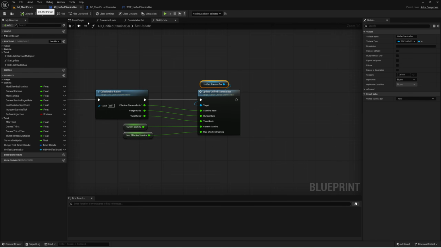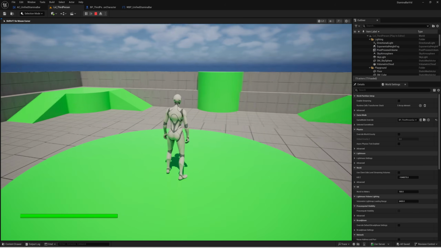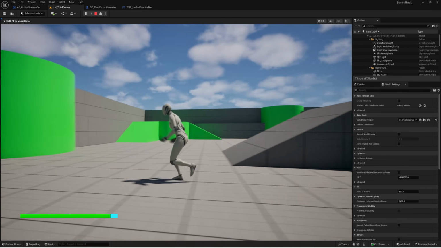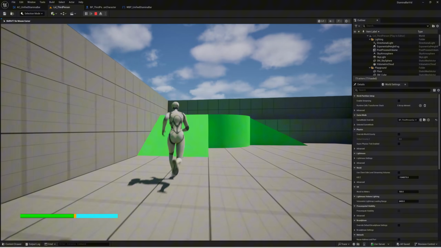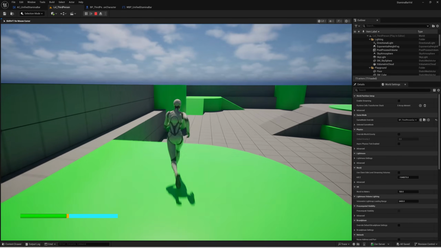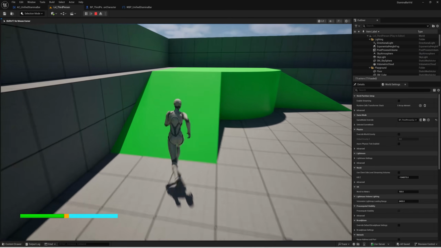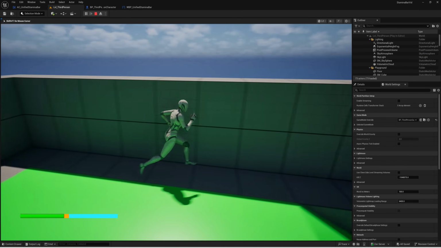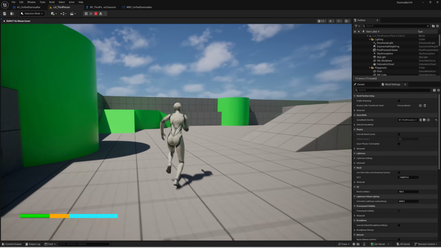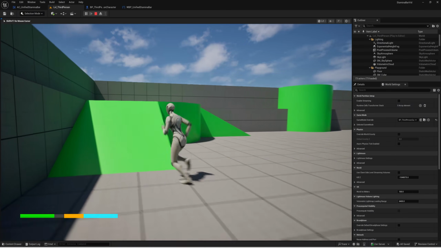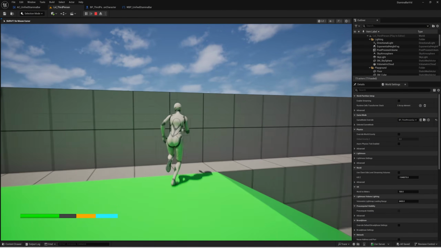Now if we run the game, so go to our level, press play, you can see the bar in the bottom left hand corner. If I press R to increase our thirst, you can see our stamina bar going down. You see every 5 seconds our hunger increases, so you can see how our hunger is increasing. We're going to press H a bunch, so on the next hunger it will increase by a lot more. There we go. If I press T, it's going to decrease that, and I can just play around with the